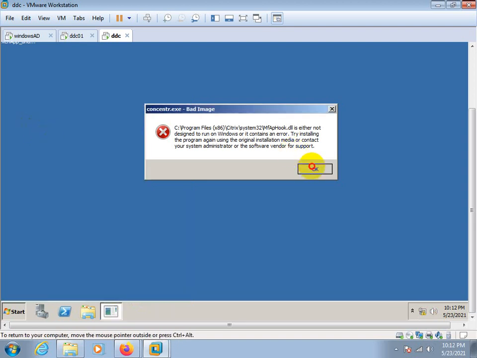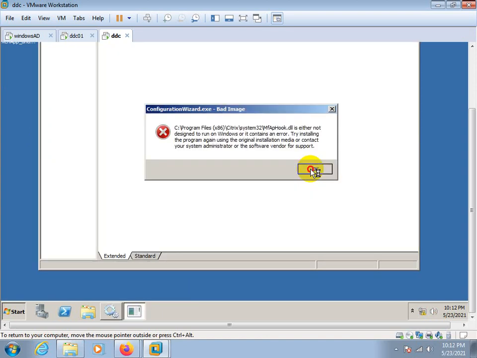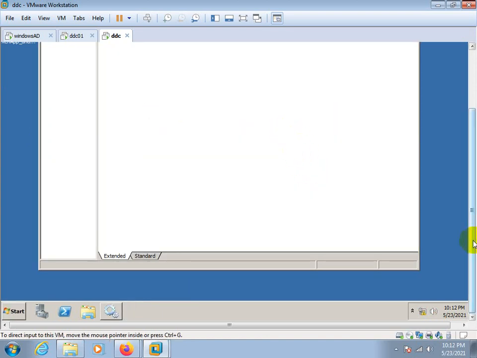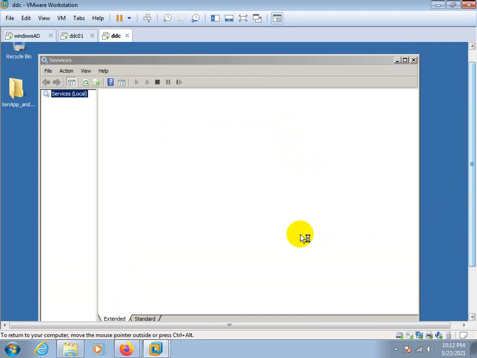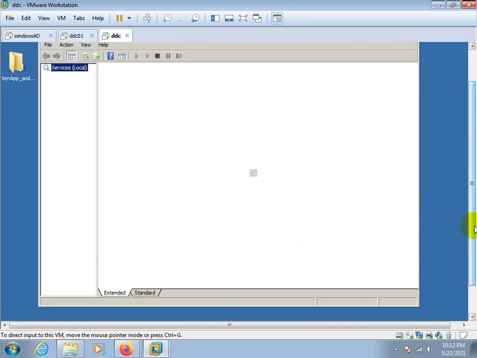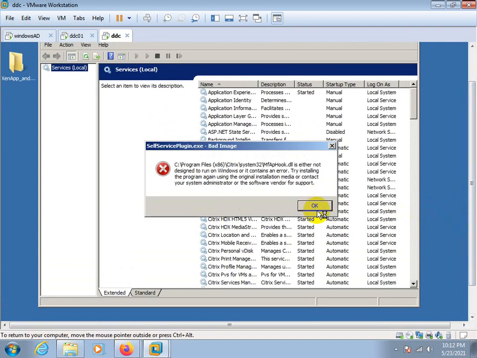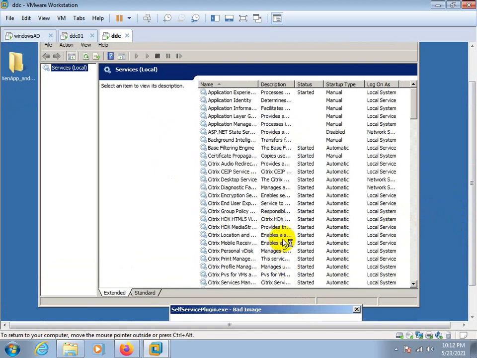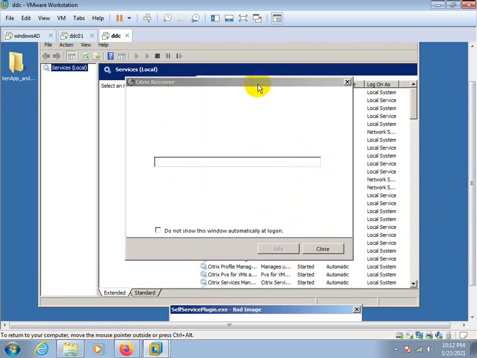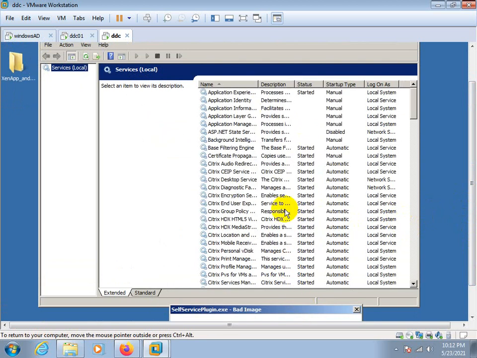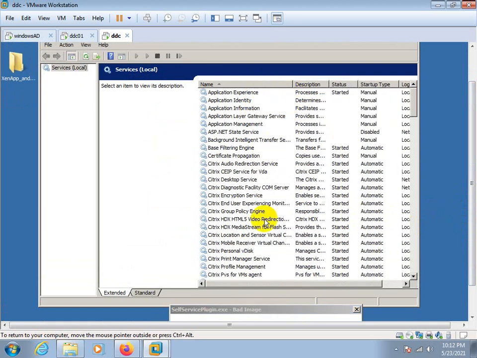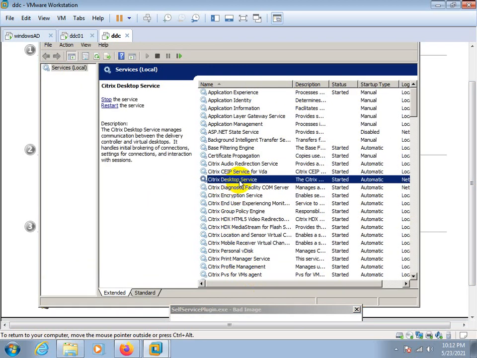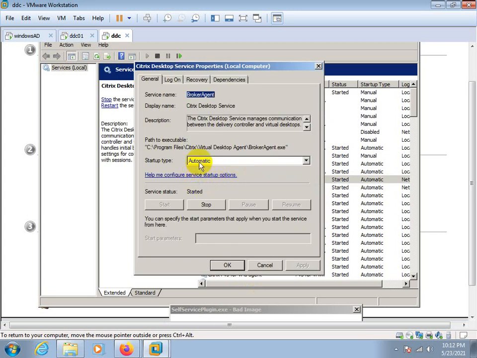This is services.msc. And here you can see the Citrix desktop service. This one you need to restart. It's broker agent.exe.